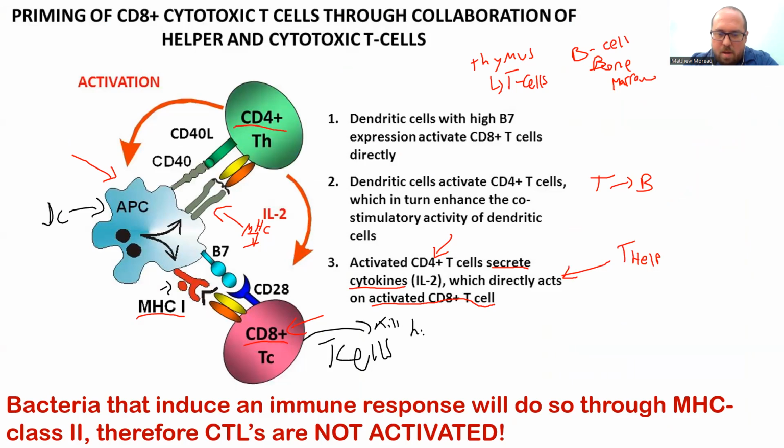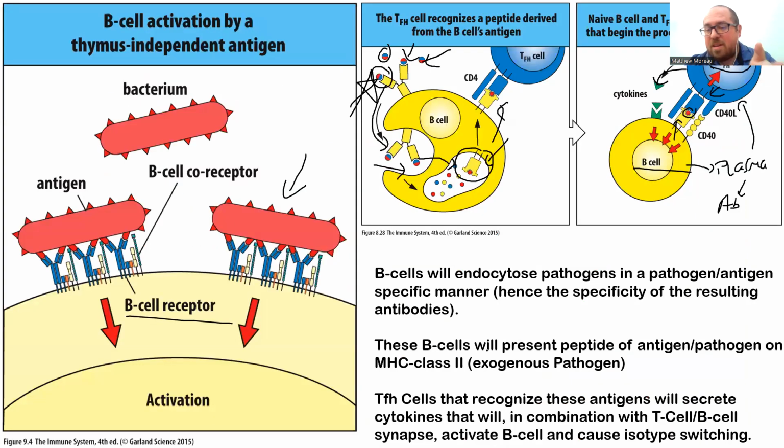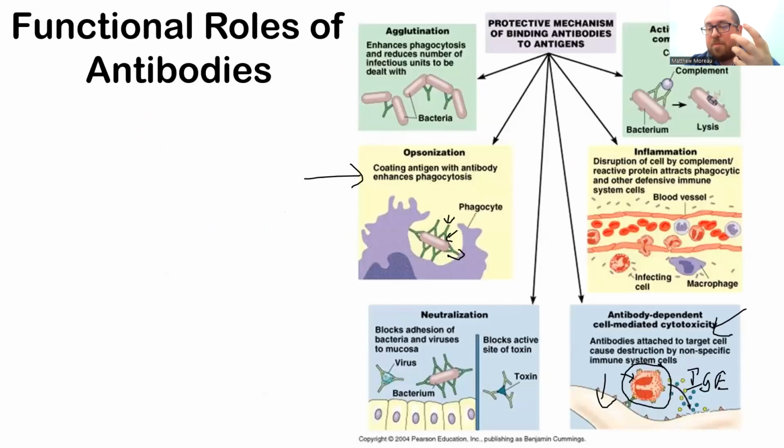So if you are activating your adaptive system for the purposes of enhanced special function, opsonization is a really important one, especially with immunity against microorganisms, because